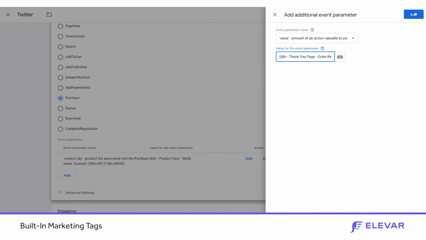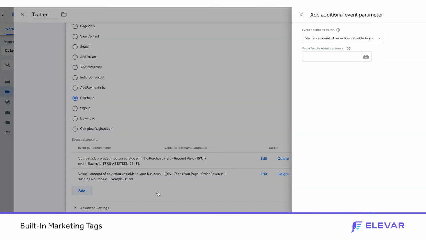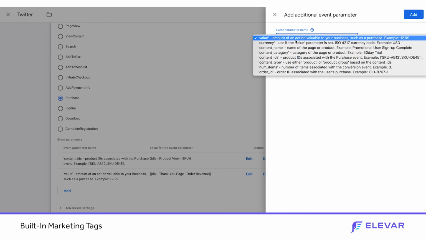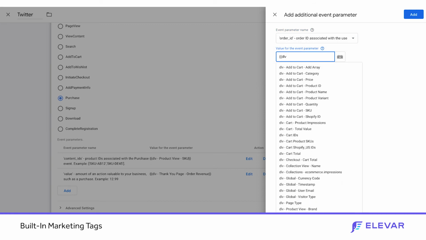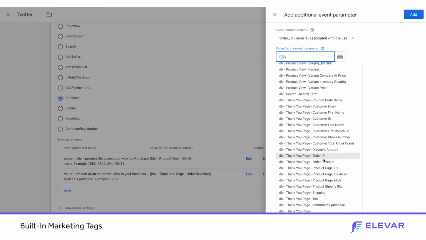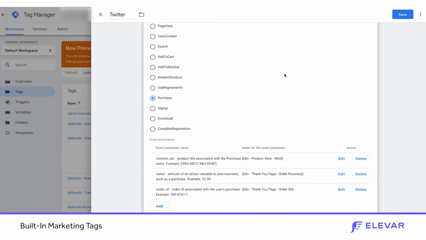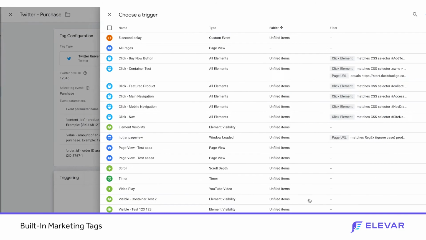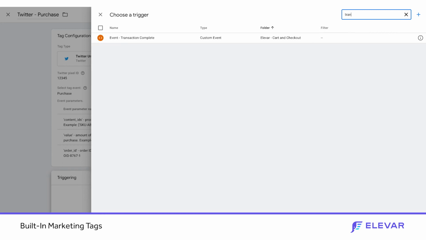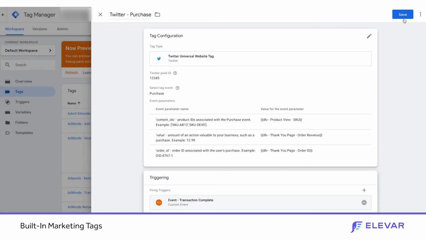So we have our thank you page revenue. We'll add another one. We'll do our order ID. So now we have a Twitter purchase tag with our pixel ID, 3 parameters. We can change this trigger to our transaction complete. That's it. So now that I've saved this,